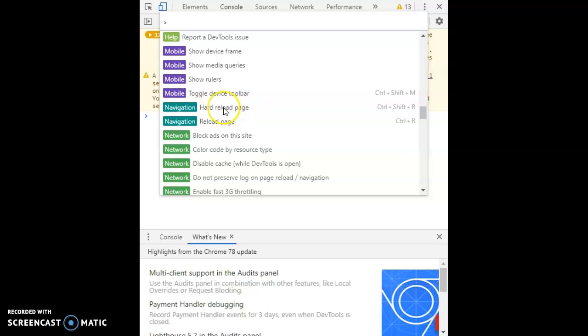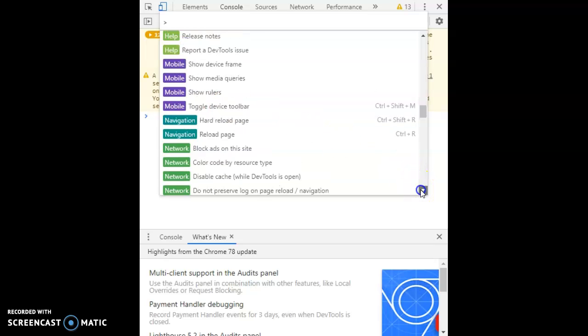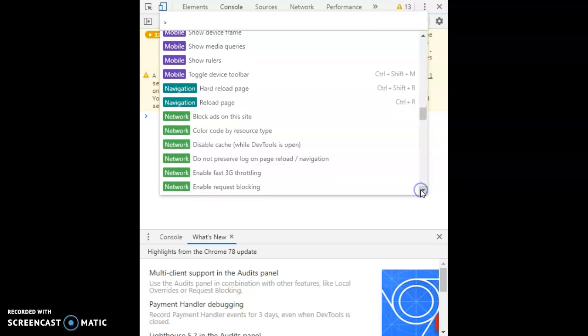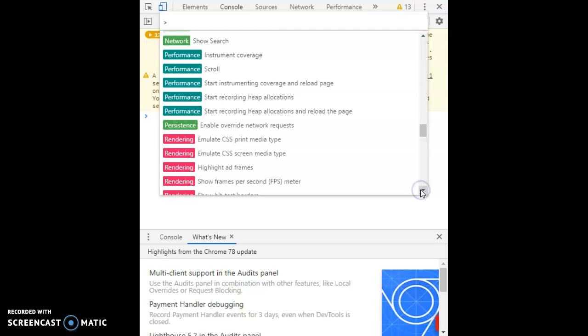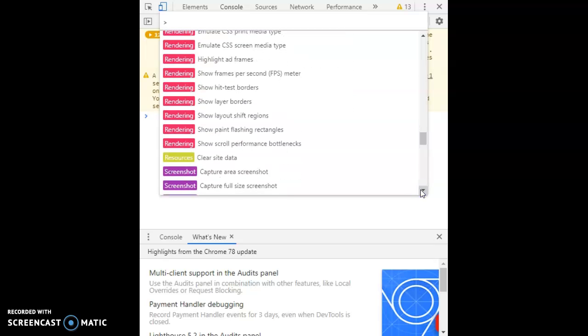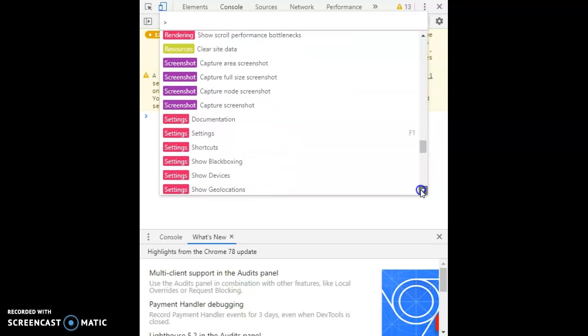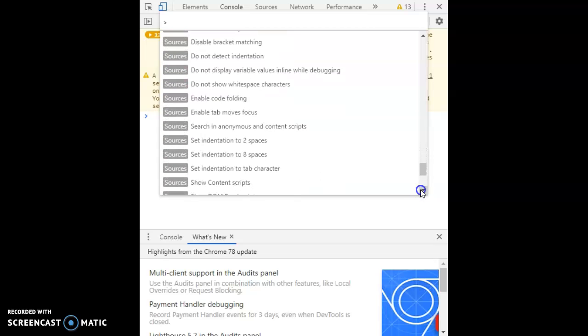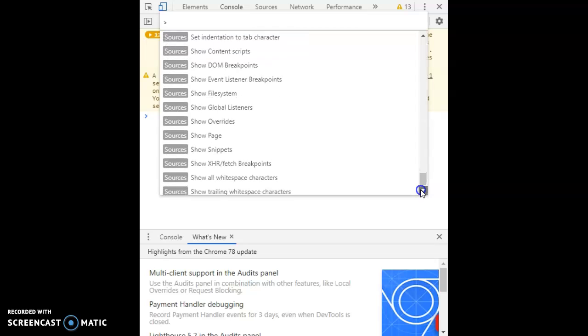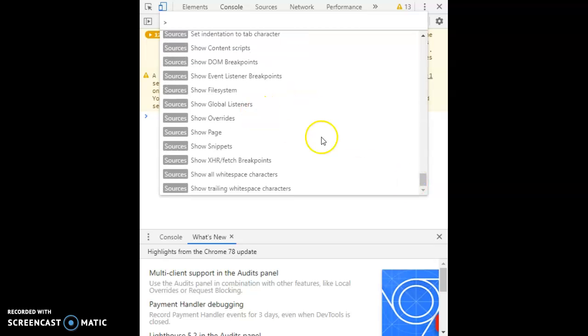Sometimes you'll have to hard reload a page and then it will be able to work properly. So there's lots of different little things that we can do within the command palette of the Chrome web browser